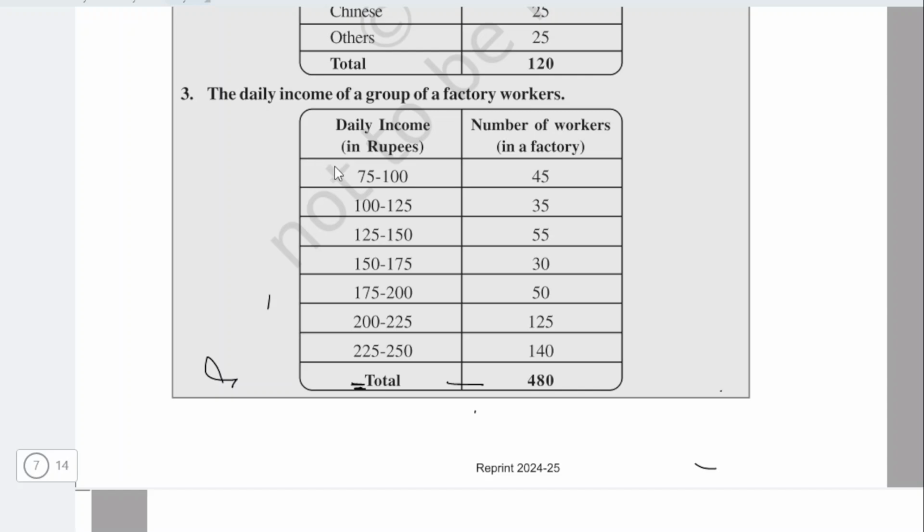So to represent this data, for example, daily income of 75 to 100 is for 45 workers. For 100 to 125, 35 workers. For 125 to 150 rupees, 55 workers. So you can draw a graph representing something